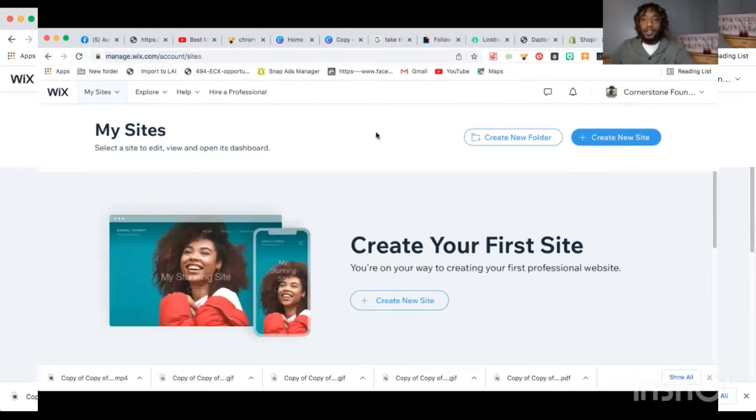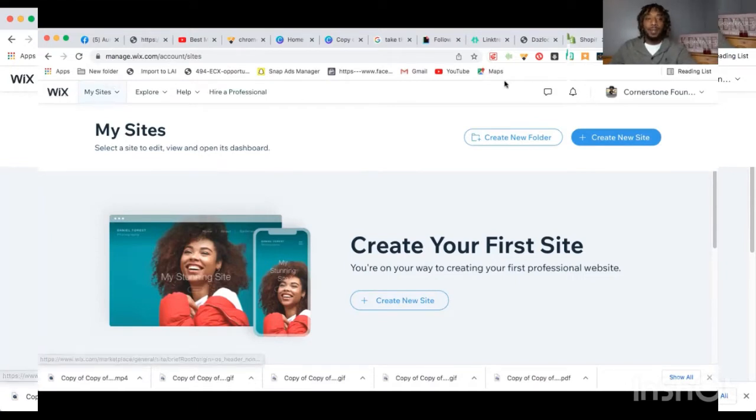Now, Wix is also a website builder, and I believe this is free. Now, with Shopify, it has a lot more detailed integrations. You can do apps. You can do a lot of customizations. I'm not too familiar with Wix at the moment. I actually started my journey using Shopify, so that's what I highly recommend. Now, I'm just giving you guys an alternative. I know a lot of other people use Wix, and this is something that you guys can dab into if you are interested in taking that route.